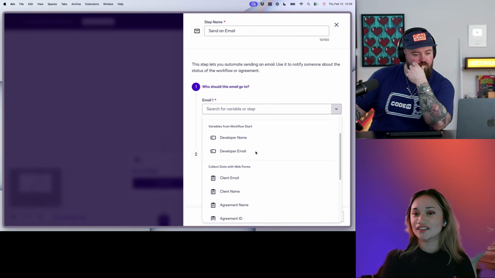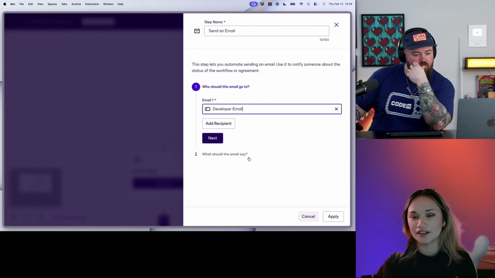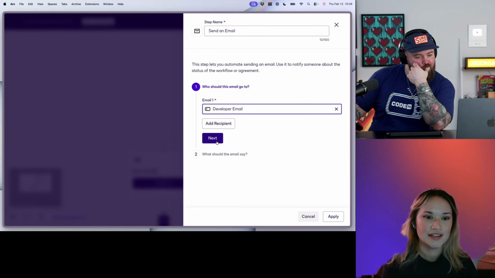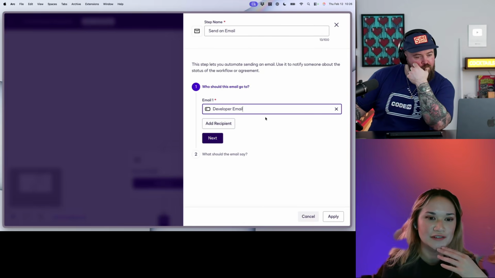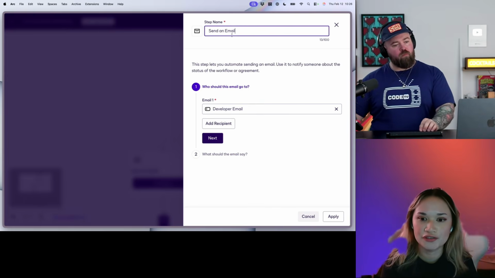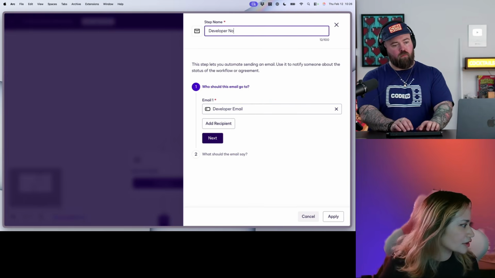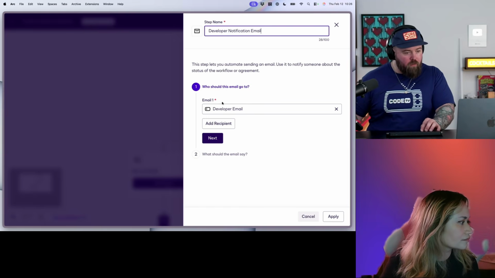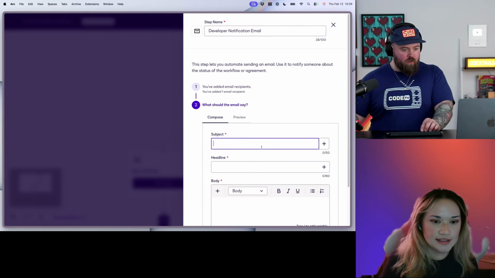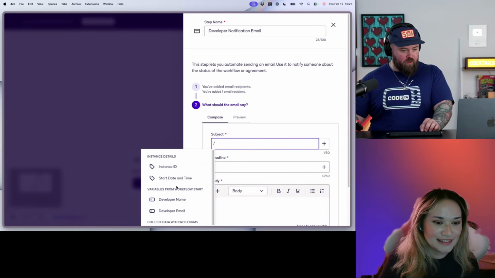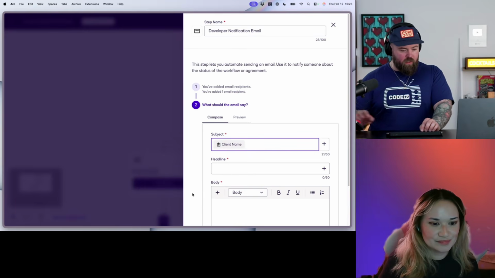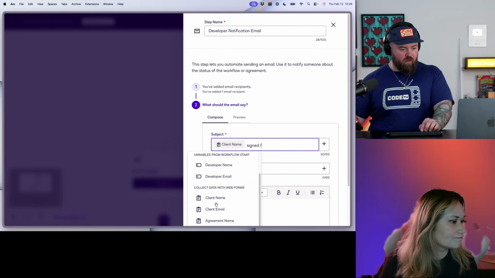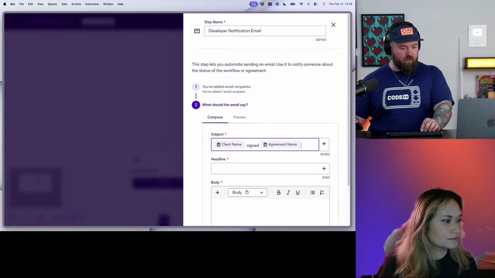You want to notify the developer that the client's ready to kick off? Yeah, let's do it. Okay. I would also change the step name to something like developer notification, just so we can differentiate between the two. Okay. And then for subject, we can do something like client name, signed, agreement name or something.